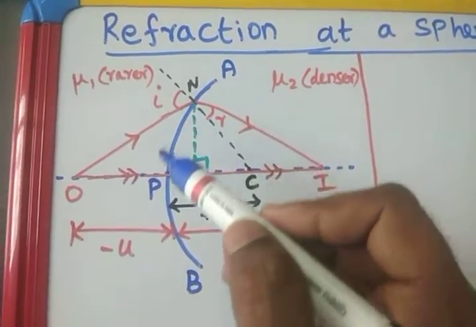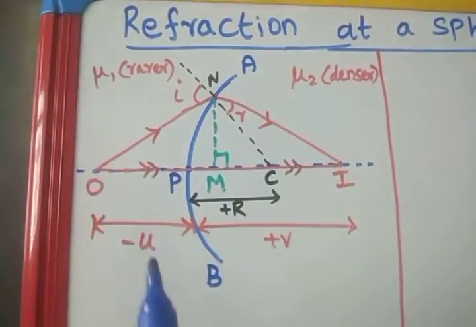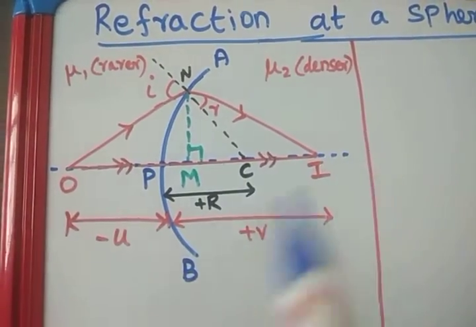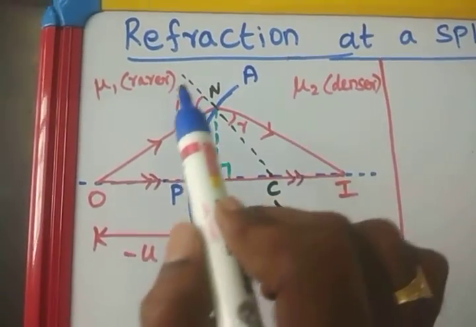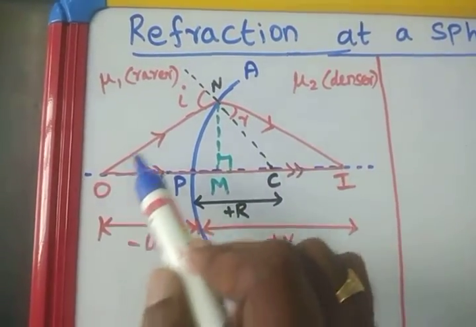Let us assume this is a glass surface. This side is the glass surface, and this is the air medium. The dotted line is the principal axis. So when light enters from the rarer to the denser medium,